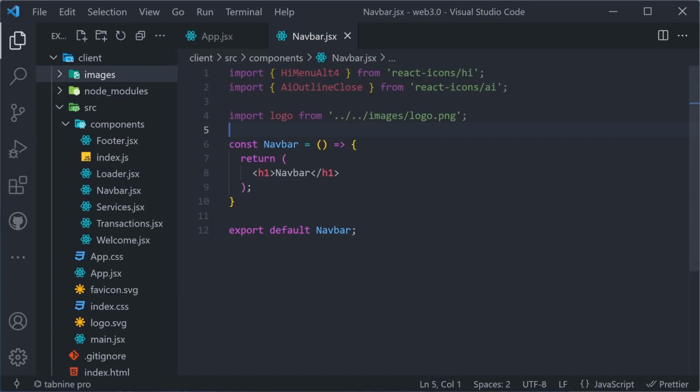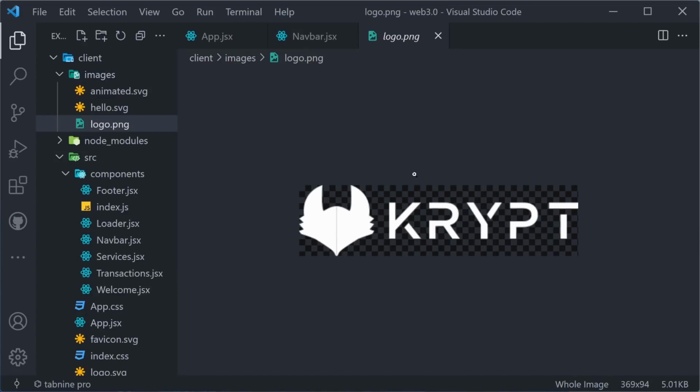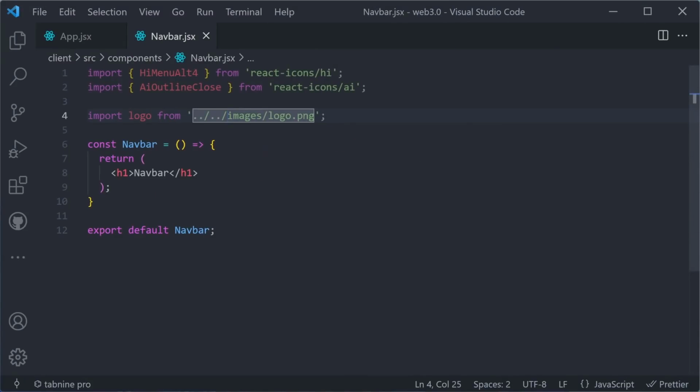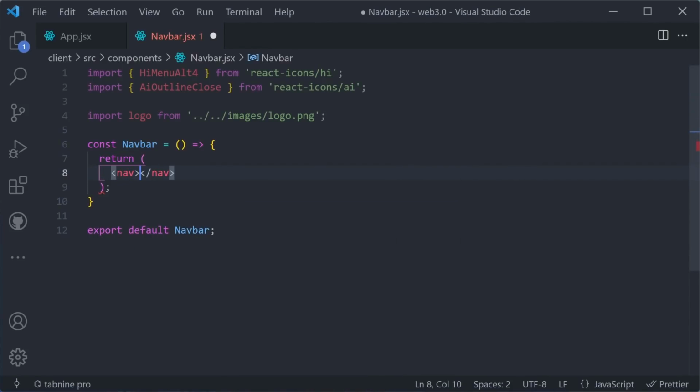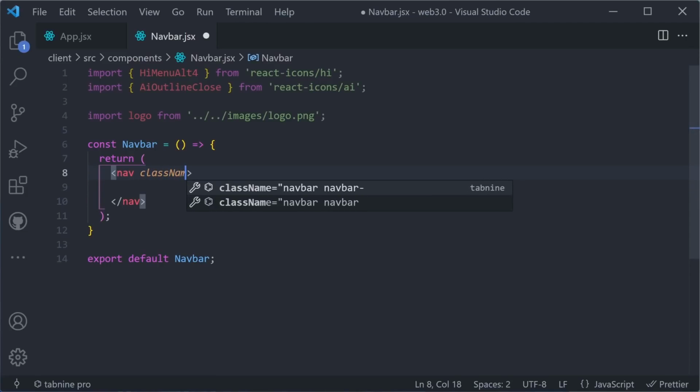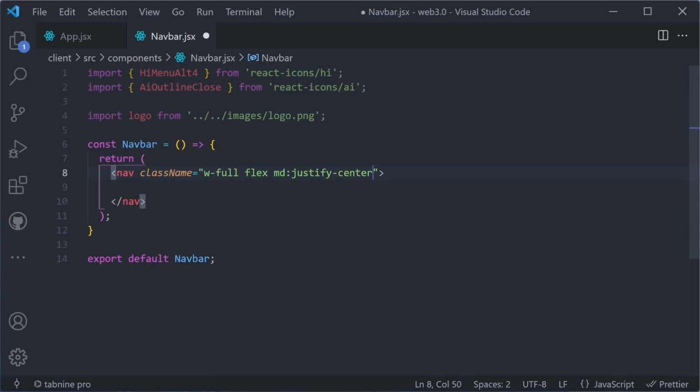Now, if you control click images right here, you can notice it's going to lead you to the crypt logo. Let's go back to our navbar, and we can finally start writing out some JSX. Our navigation bar is going to be wrapped with an HTML5 semantic nav tag. That nav tag is going to have a class name equal to w-full flex md:justify-center. And if you're not sure what some of these class names mean,